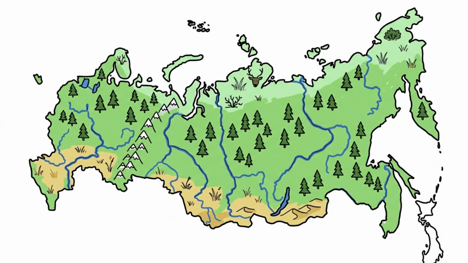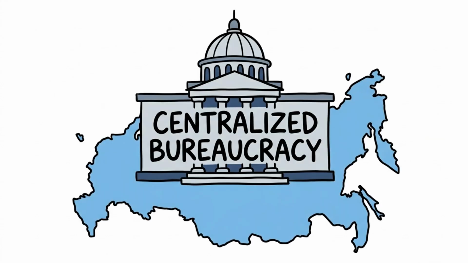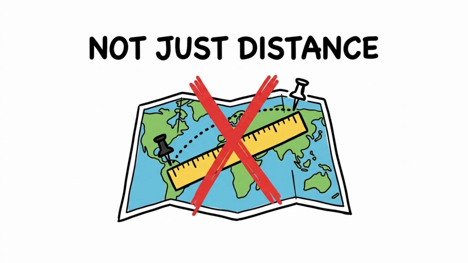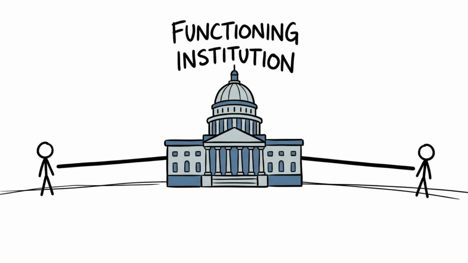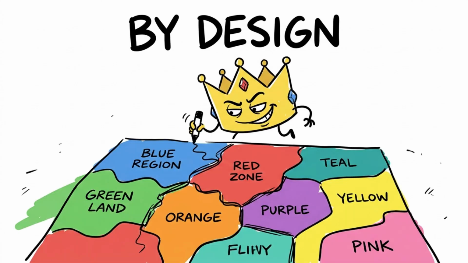It played a role, but not the leading one people assume. The Andes Mountains, the Amazon Basin, and the sheer distances involved certainly made travel and communication difficult. But difficulty is not destiny. Russia is larger than all of Latin America combined, crossing frozen tundra, deserts, and mountain ranges, and it remained one state for centuries under a strong, centralized bureaucracy. The difference was never simply the distance between 2 points on a map. The difference was whether a functioning institution existed that made people on both ends of that distance believe they were part of the same political project.